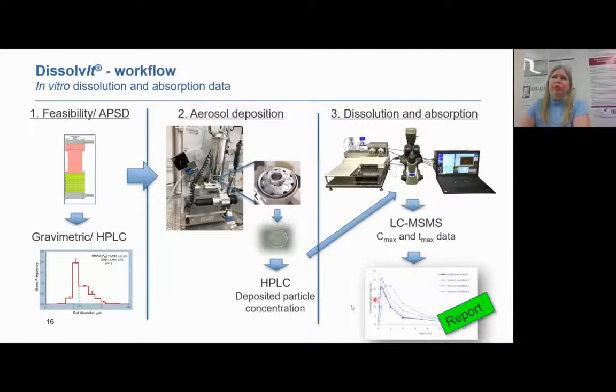And here is the workflow of a typical Dissolvit experiment or study. First, you can use PreciseInhale to do some characterization of the aerosol used, using a Marple cascade impactor to determine the aerodynamic size of the particles, which of course could influence the dissolution of the particles. Then, as said, you use PreciseInhale again to deposit aerosol on glass cover slips. And then we normally use HPLC to analyze or estimate the dose on those glass cover slips, or 3 of them,